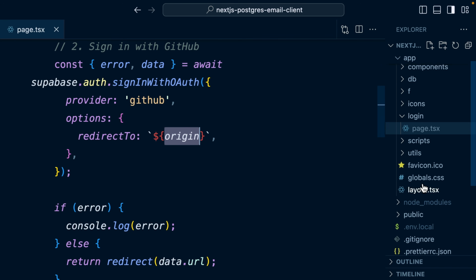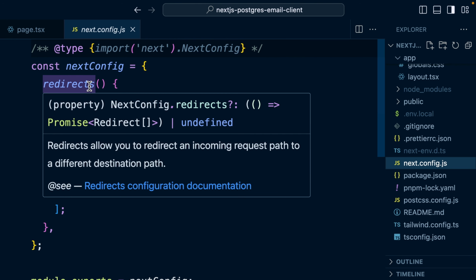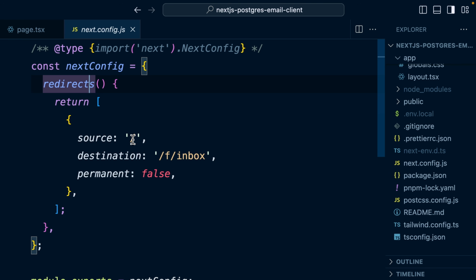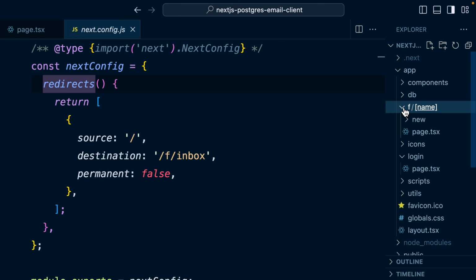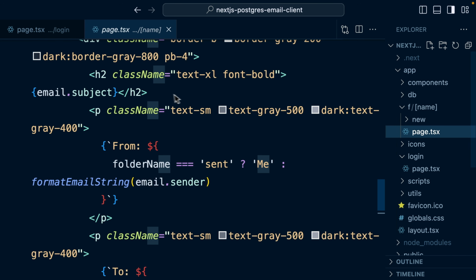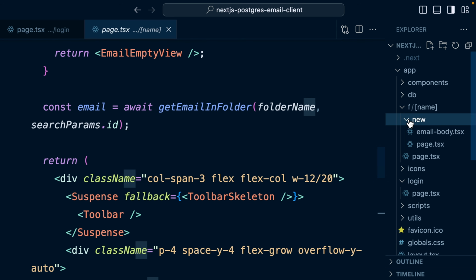If we have a look at our next.config.js file, we'll see this has a redirect set up from the landing page of our application to /f/inbox. So that's going to take us to this F route, and then this is a dynamic route. So this part of the URL will come in as this name variable, and this page.tsx server component will be mounted for that route. So we want this one to require authentication, and we also want this new route to